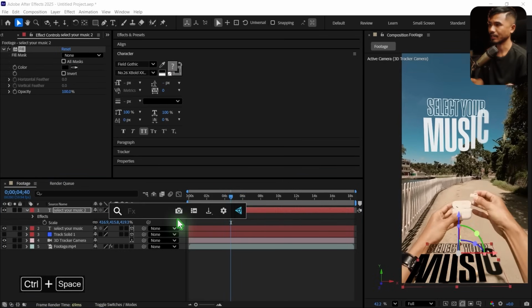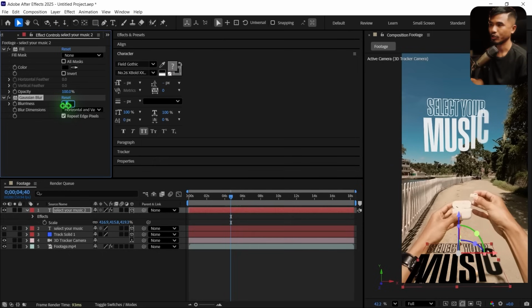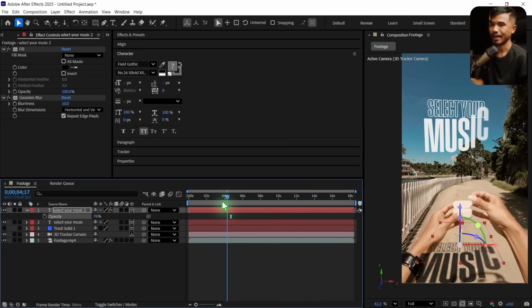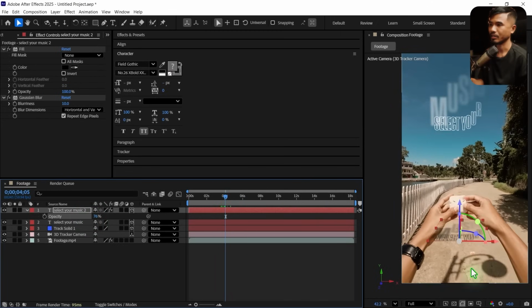All right, so I'll add some Gaussian blur. We need some Gaussian blur there, maybe 10. All right, so let's just lower the opacity so that it matches with this color. Okay,